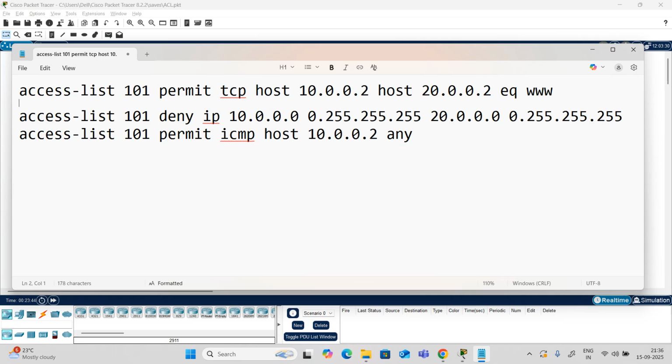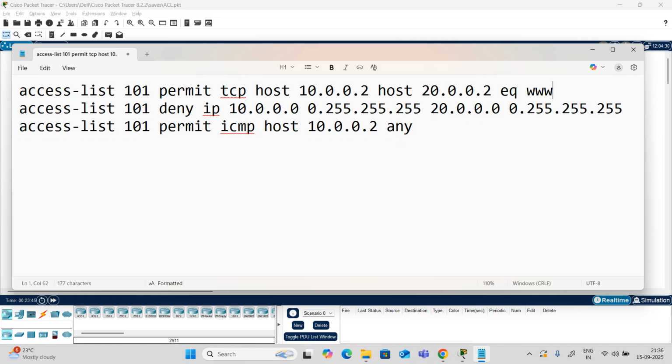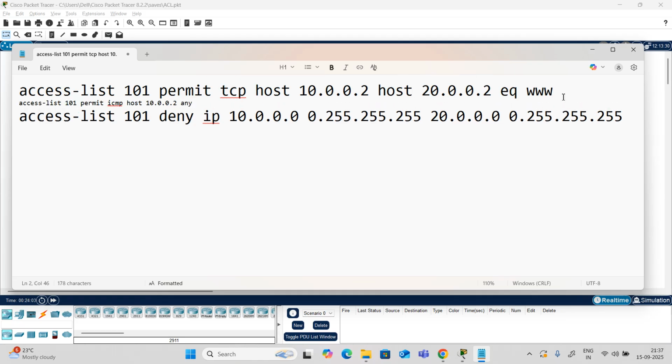If I do this, will it work? It will definitely work, and only HTTP will work, but the ping will not work. ICMP will not work. This line is also useless. If you want this line to work, then you need to put it on the top. Yeah, is that clear, everyone? Great job. We have successfully covered